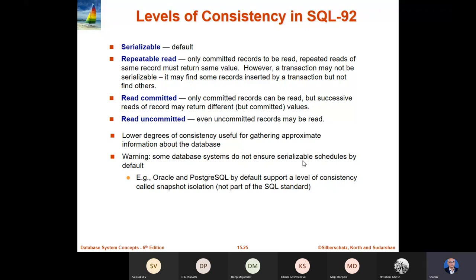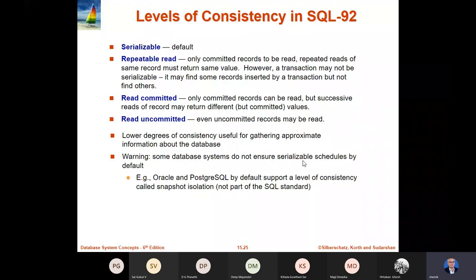If T1 is reading the entire table with a read or shared lock, then T2 will not be able to get an exclusive lock and write. That would have made it a completely serializable schedule. But suppose we allow new transactions to insert records while this read is happening. In that case, it is called repeatable read. The same records which are read again and again will give you the same value,